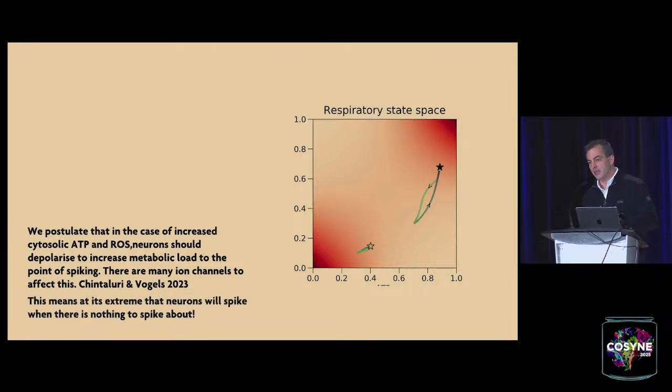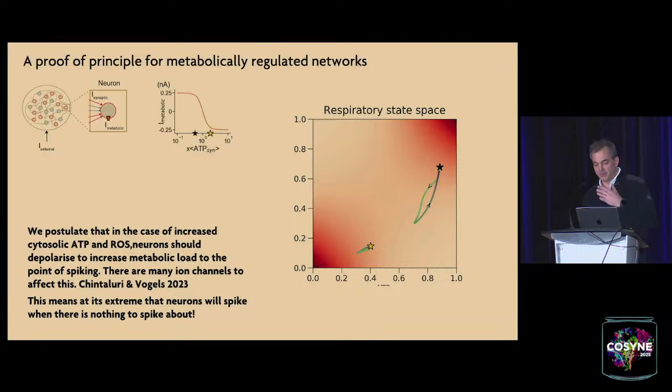And there's actually many, many ion channels that do monitor the oxidative state of the cytosol in neurons. So this is not a totally crazy idea. In fact, we have a long list of ion channels for you in the supplementary materials if you're interested. But what I'm just going to show you now is a proof of principle that this works in metabolically regulated